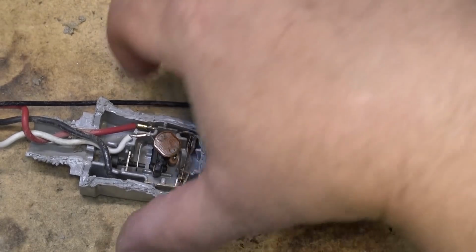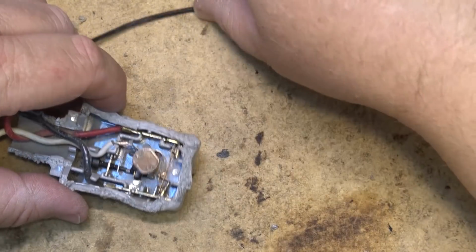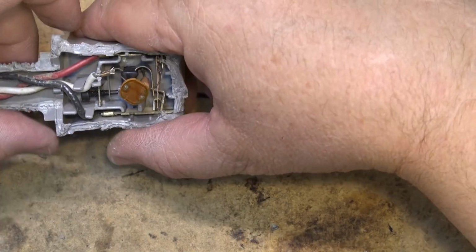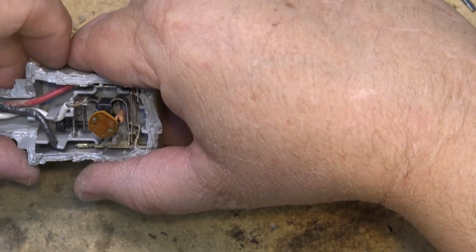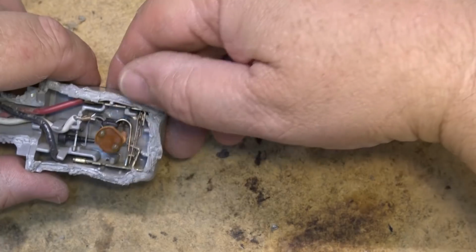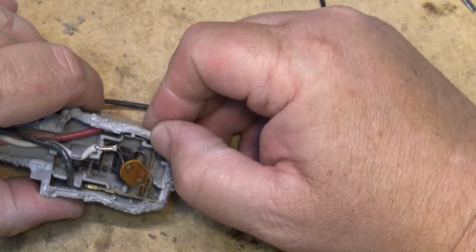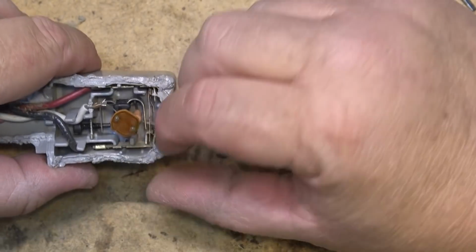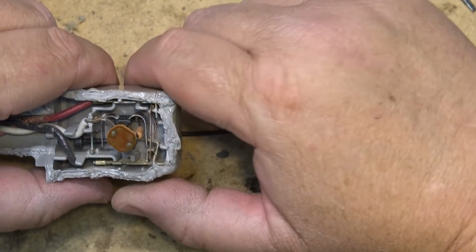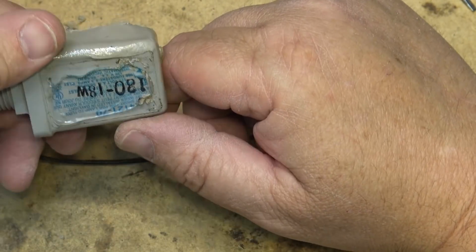But as I say, this time today is the first time this thing's actually operated properly in 10 years. So whether it was just a fluke that it worked and it's returned back to its non-working state, or whether I damaged it opening this thing up. I tried to get in here as carefully as I could, but something could have got damaged here, I guess, when I heated it up to cut through it. Anyway, that's the inside of one of these